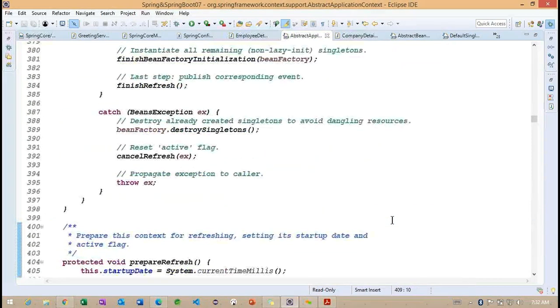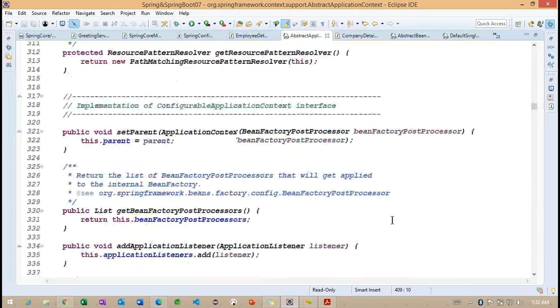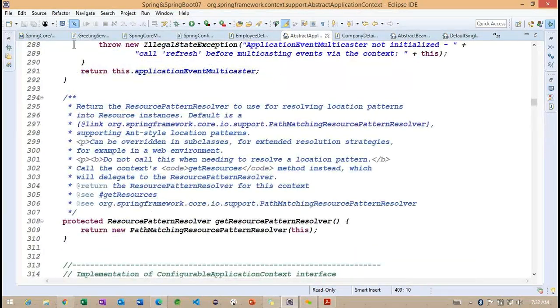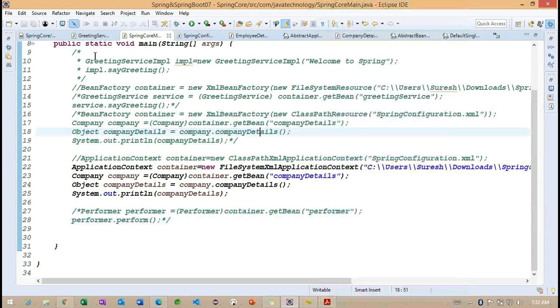I want to show you the method-related information, where they are trying to use it. So to show here, let me run the same example in debug mode.